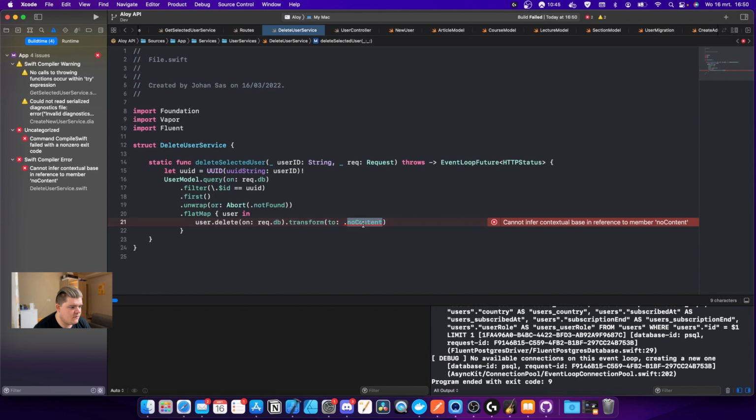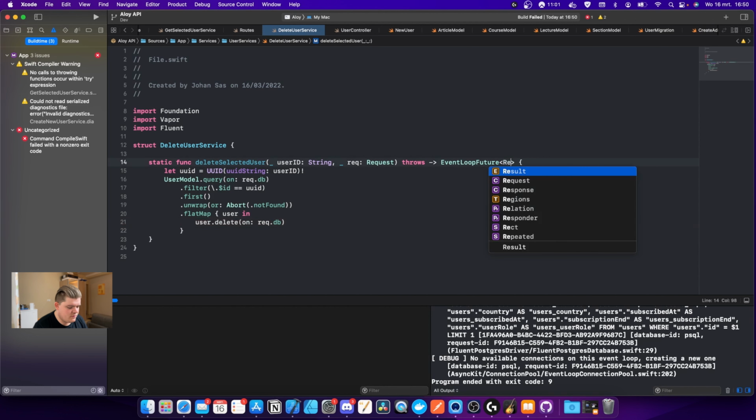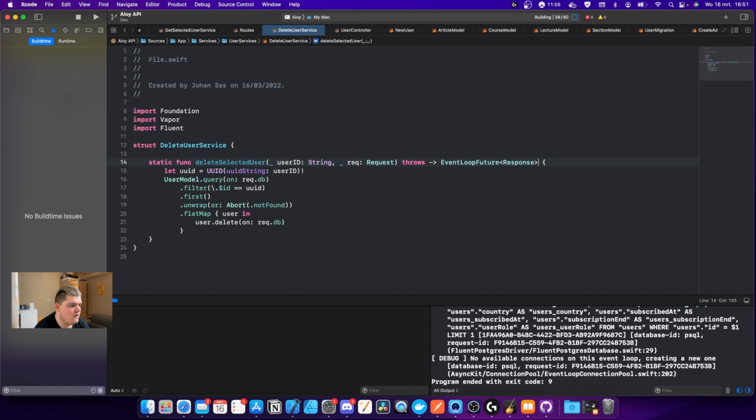Yeah, and if you let dot transform empty, then it's probably not gonna work at all. You know what? And what if we change this to response? Let's see if we can use response for this. Probably not, but